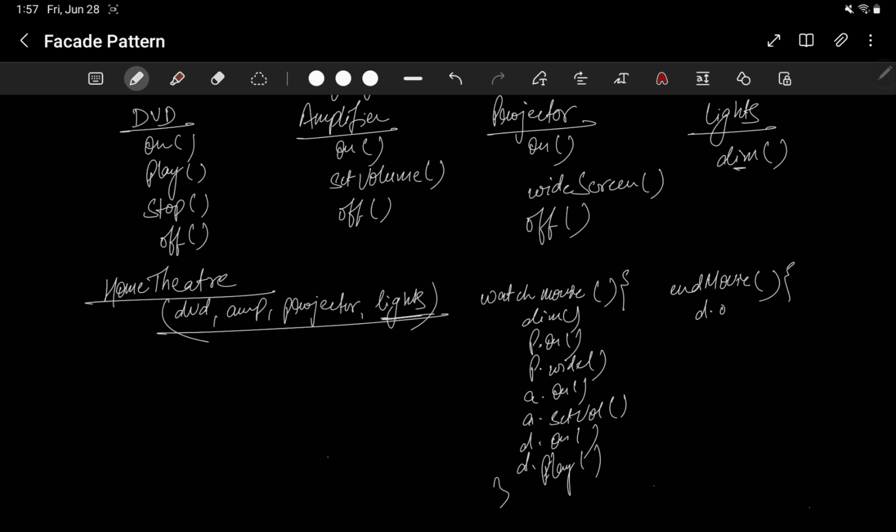First, DVD will be off. Wait, before that, DVD has to be stopped. DVD will be stopped. DVD will be off. Amplifier will be off. Projector will be off. And lights will be turned on. So lights will be dimmed to the level, let's say 100. Here it was dimmed to level 10. Okay. So that's it. So you have to do a lot of things if you did not have a home